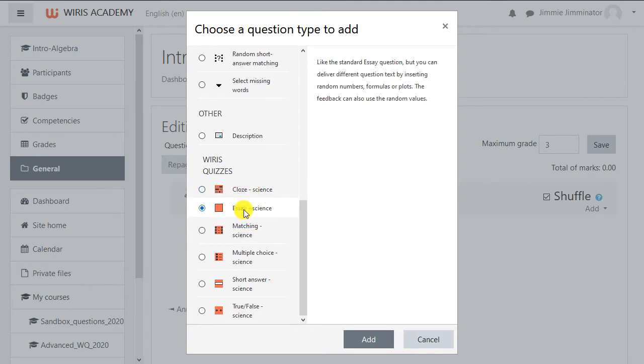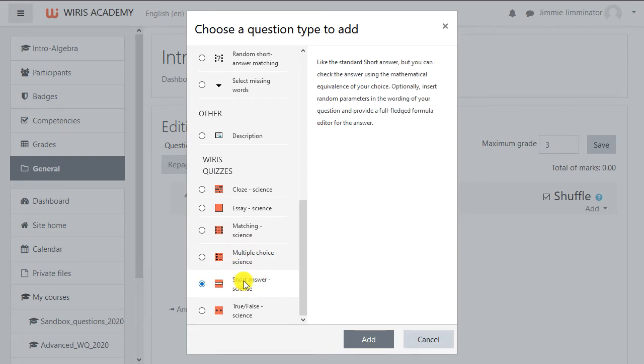You'd use Essay to ask an open question where the student has space to leave a detailed answer. This is the only type you'll grade manually. In a matching question, students match a list of items to the correct items from a different list. A multiple choice is a standard multiple choice question.